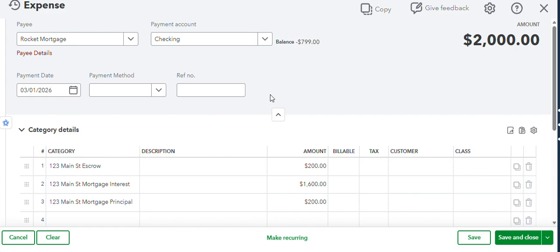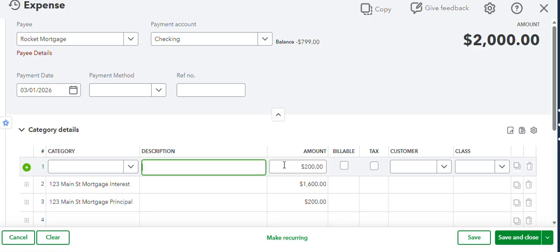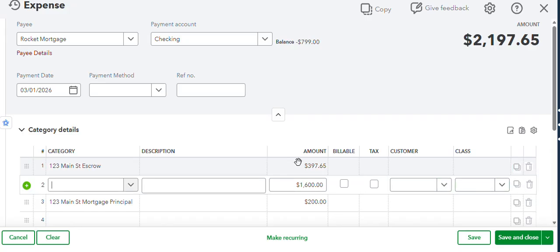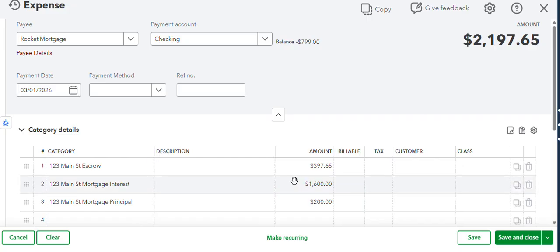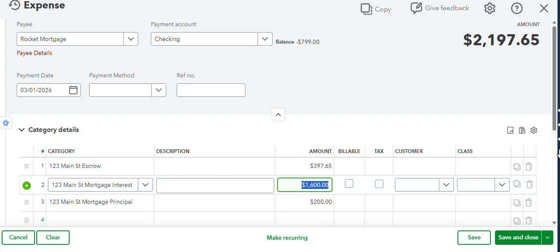And so taking that information from the Excel sheet on how much the payment was, or normally you would get this from your mortgage company's website. And then for escrow, you put in the $397.65. And then for interest, you'll put in the